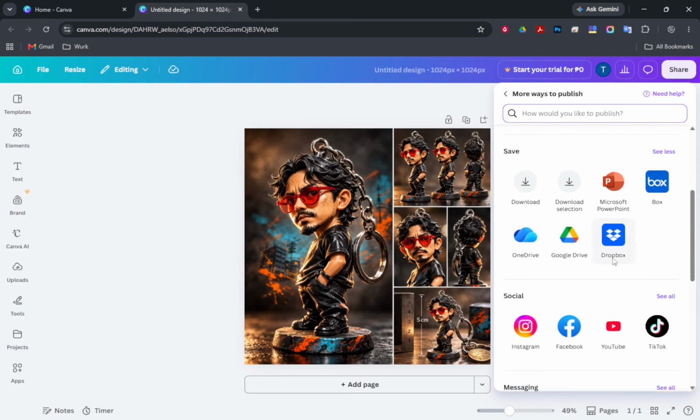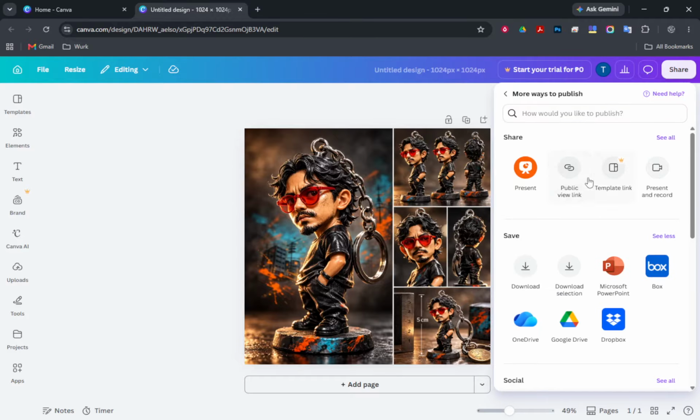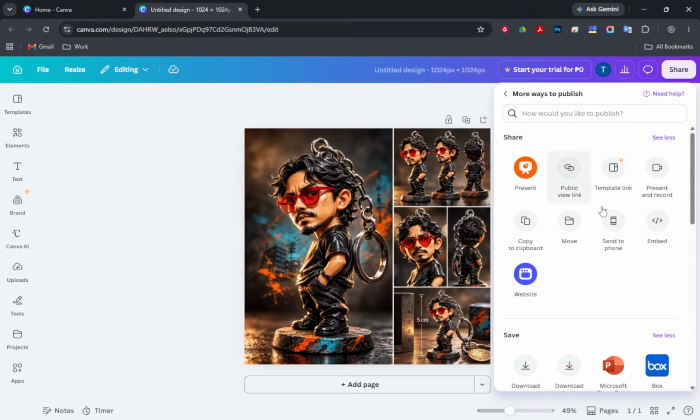Anyone with the link means literally anyone who has the link can access the design. Someone can open it without signing in, depending on your setup. Avoid this for private or personal content because links can be forwarded or pasted into chats without you noticing.